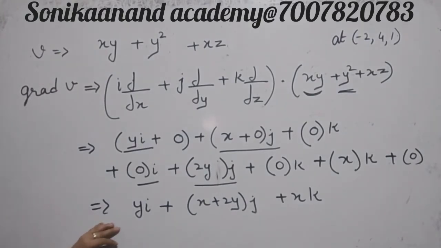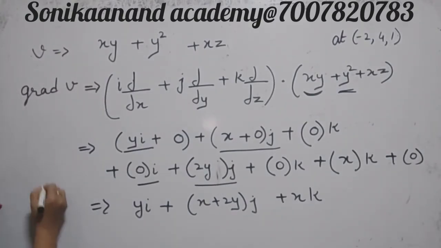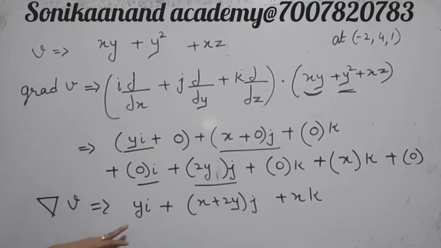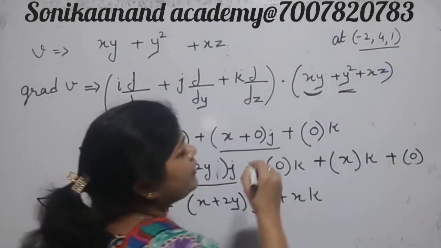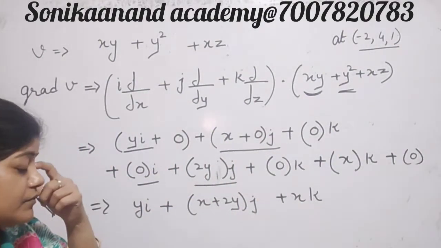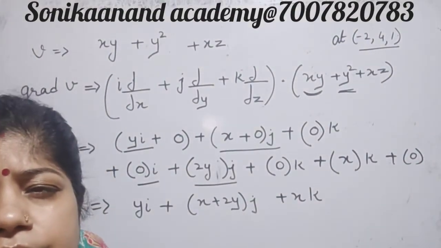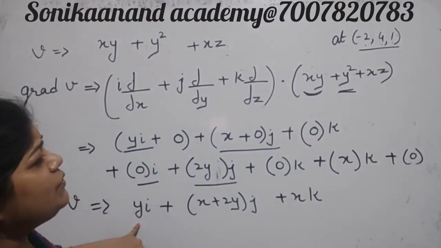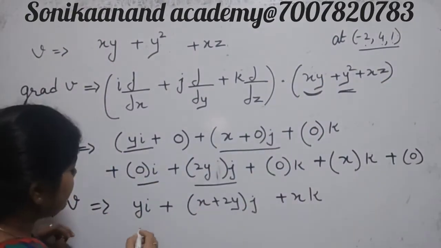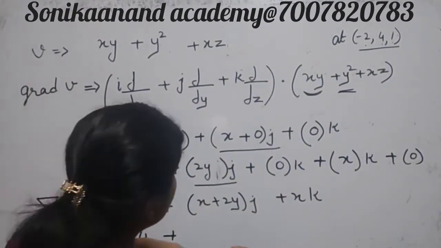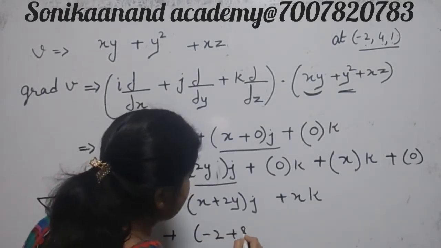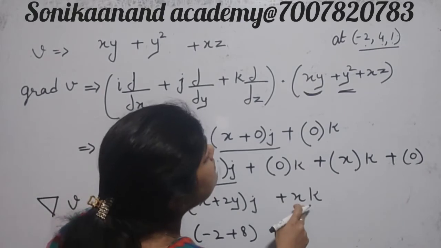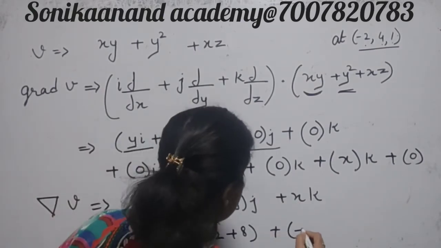तो ये आपका ग्रेडियंट हो गया। इसको हम इस तरह भी लिखते हैं, ग्रेडियंट ऑफ द वेक्टर, मान लीजिए हमने u लिया है। अगर हम ग्रेडियंट का मैग्नीट्यूड पूछते हैं, तो मान लीजिए आपको ये जो वैल्यूज दी हुई हैं -2, 4, 1, ये आपको यहाँ रखनी हैं और सॉल्व करना है। ये x है, ये y है, ये z है, तो y की वैल्यू यहाँ पे क्या है, 4, तो आप यहाँ पे 4 लिखोगे, प्लस x की वैल्यू क्या है -2, y की वैल्यू 2, 4, 8, और फिर ये x की वैल्यू है, ठीक है, तो यहाँ पर आपका हो गया -2।